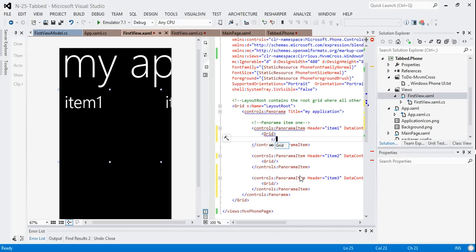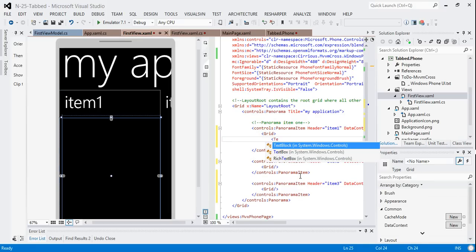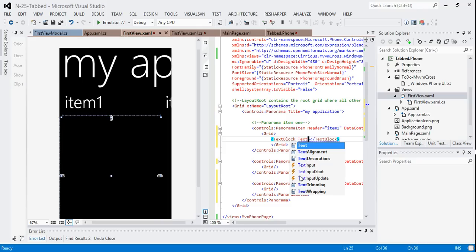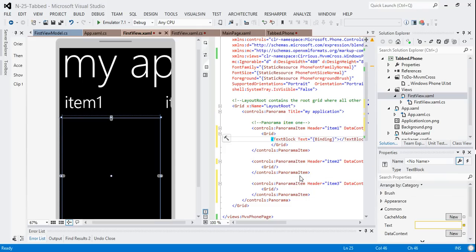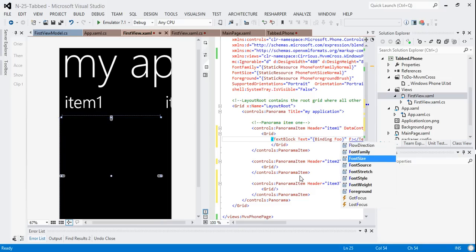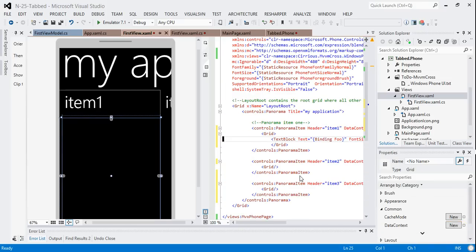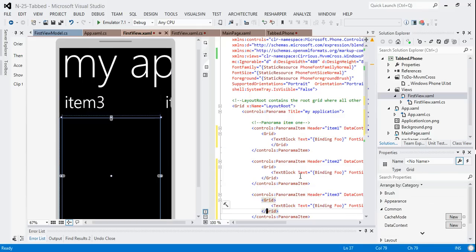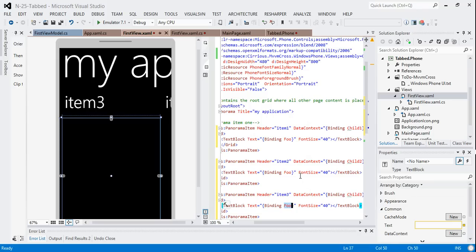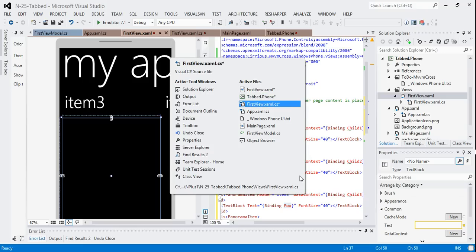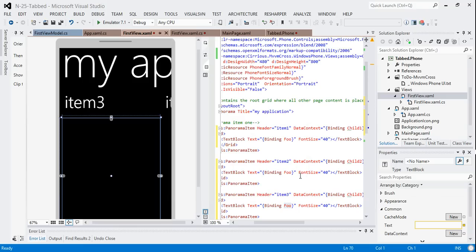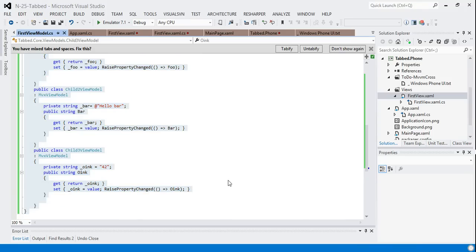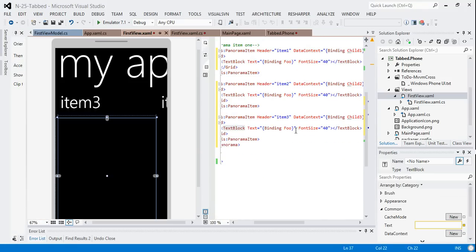We'll put a grid, and each one just had a text entry, so we'll do a text block, and the text we will bind to. The first one was bound to foo, and I'll just make the font size a bit larger. And once I've done that, we should hopefully be able to do that for all 3 items. The last one, can't remember, what did I call it? First view model in the child, oink was what I called it, no wonder I can't remember. So we've got oink,